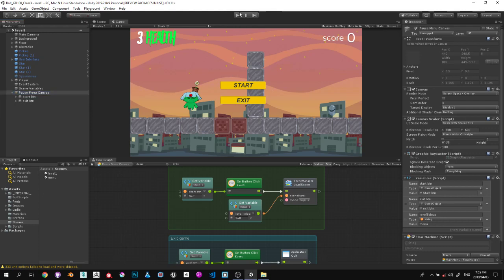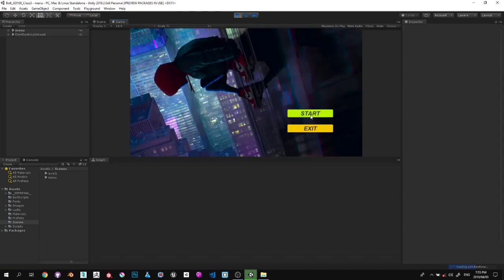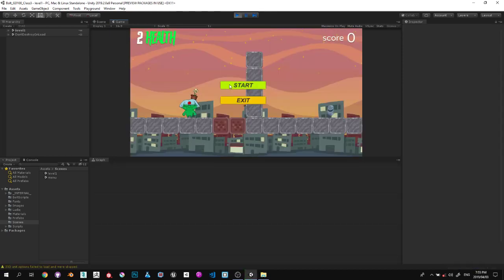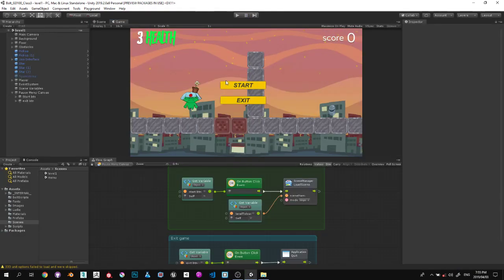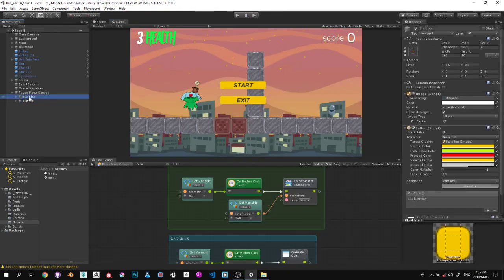So once I've done that, I should be able to just click this button, start the game. I'm going to click start, it's going to take me to the start menu. Click start, it's going to take me to the game, and so on and so forth back. So now we just need to change what the text says. So I'm going to choose the start button. I'm going to rename this to